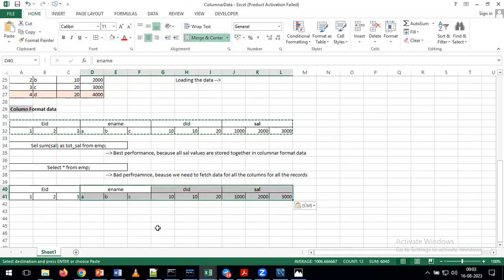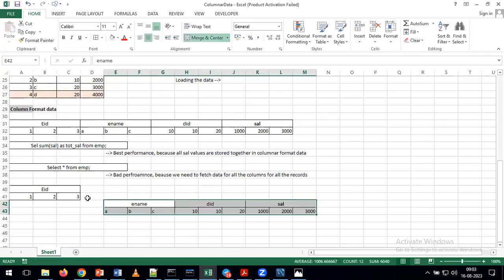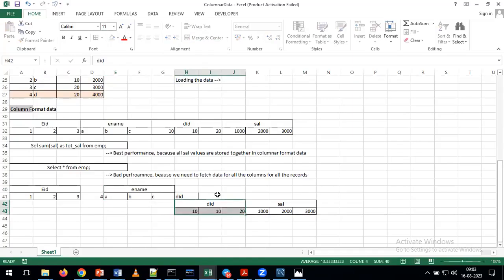Here again, one more cell. Take one extra column. What will happen? Here it will take one more cell. It takes the value as 4. Okay. Now in the same way, you have to add one more cell. Here also it will take it as a D, for example. In the same way,